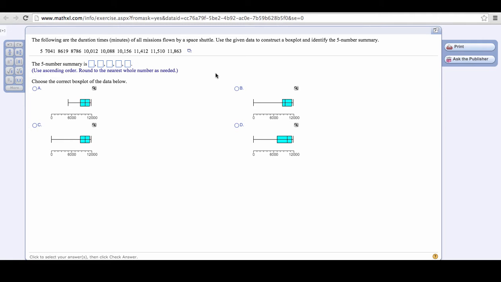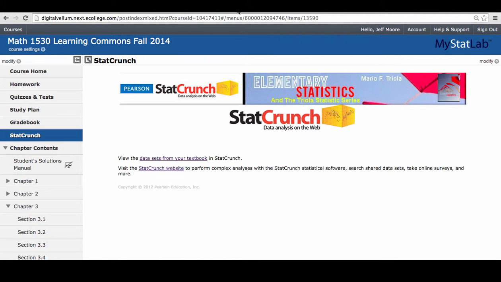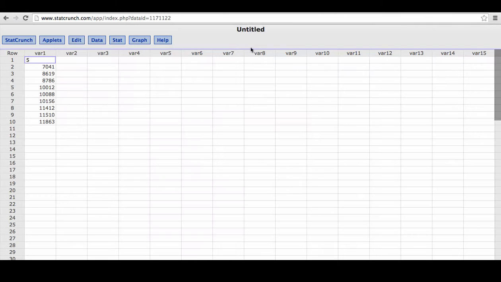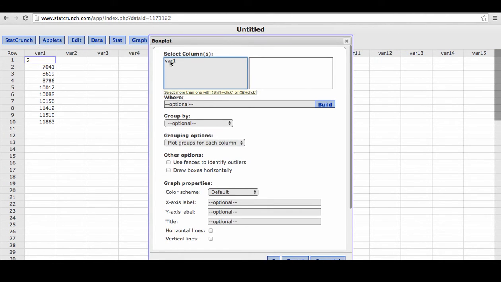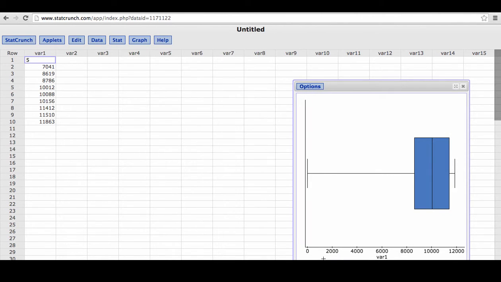Now we want to construct a box plot, so we'll go back to our statcrunch table. So we'll click Graph, Box Plot. Make sure we select the variable, variable 1, and then we will click Draw Boxes Horizontally, and then click Compute. Now we get this box plot that is drawn over a number line, as it should be, and we can